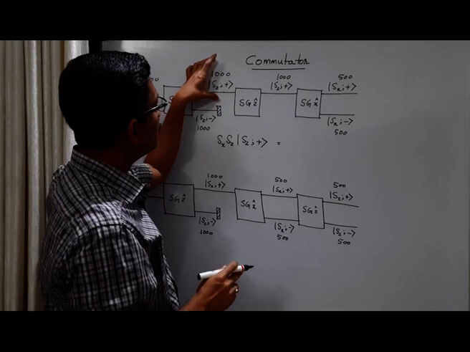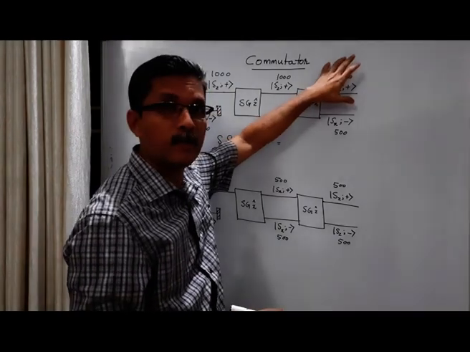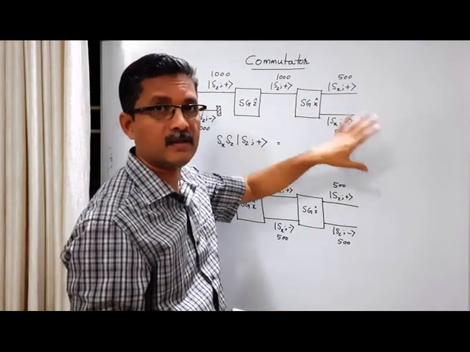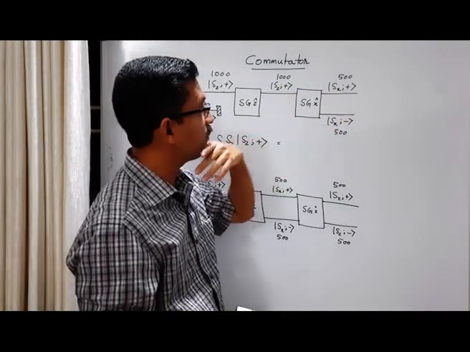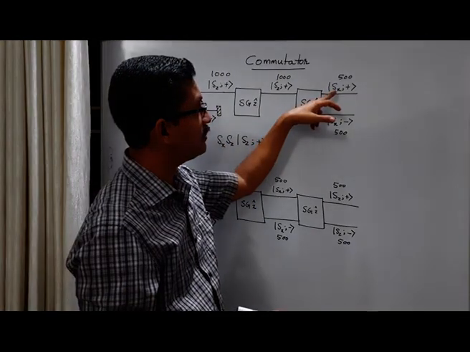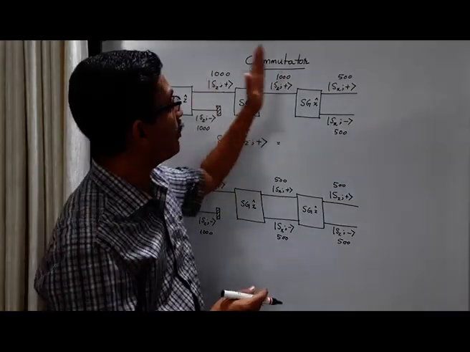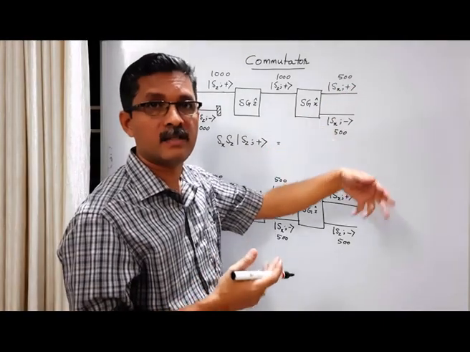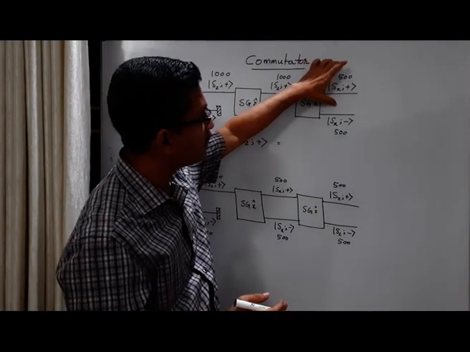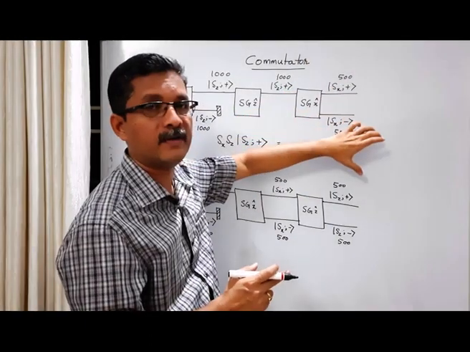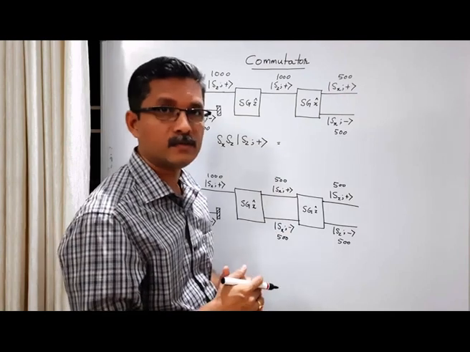If we start with 1000 particles, first measure Sz and then measure Sx, we get nearly 500 particles in the Sx plus state and nearly 500 in the Sx minus state. This is not exact, it is only a representative figure. So from 1000, the number of particles reduces to 500, a reduction in intensity of 50%. The probability of getting the Sx plus state is 50%, and the probability of getting the Sx minus state is also 50%. That means the probability is 1 by 2.